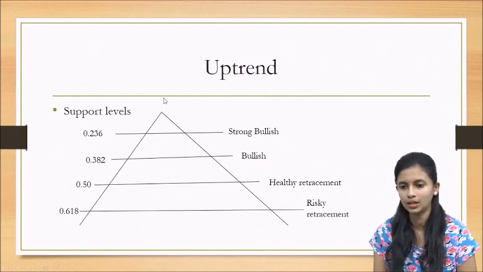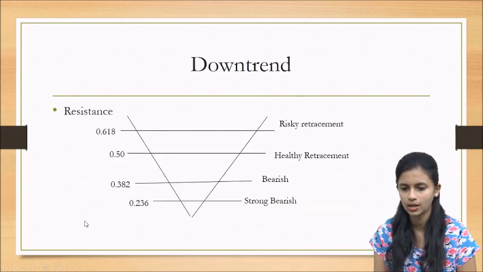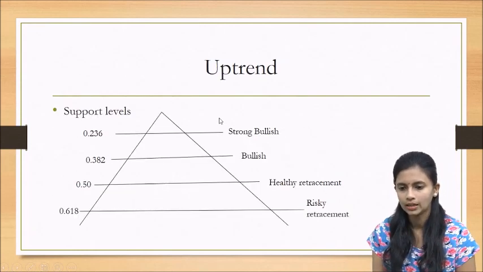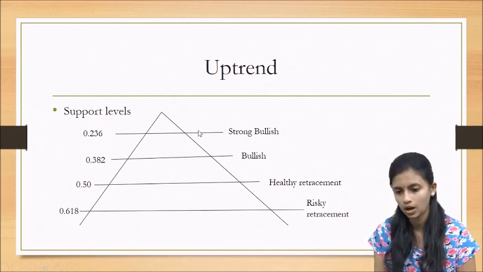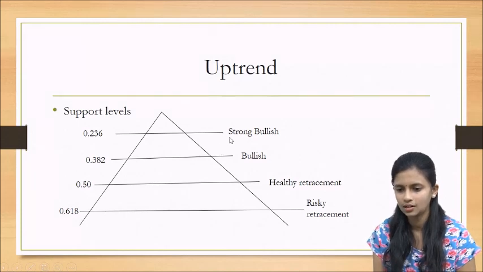If it is an uptrend, that is a bullish approach, you will get these levels: 0.236, 0.382, 0.50 and 0.618. So here the stock might come and retrace like this. It's not required that the stock has to touch this support line. It can come somewhere near like this and retrace here, or here, or somewhere here,